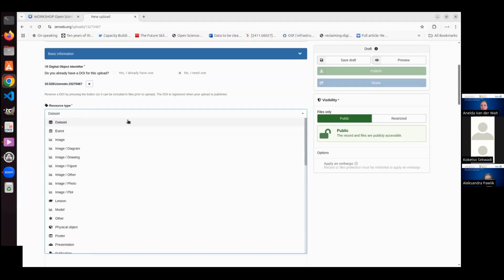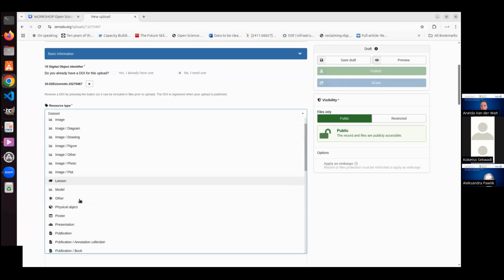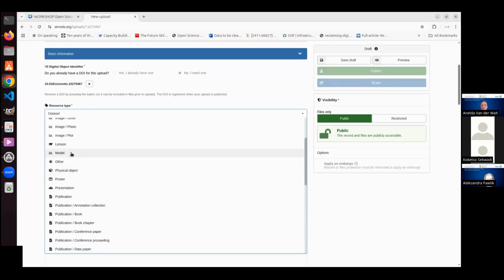Now, Miriam, I want to show you all the different types of resources that you can upload into an open repository. Data sets, events, images, different types of images, lessons. If you're modeling, no, not modeling like on the stage, but data modeling or creating large language models or other, you can upload them. Then if you don't find your selection here, you can still add other types of research